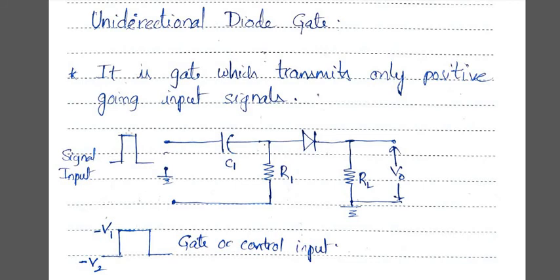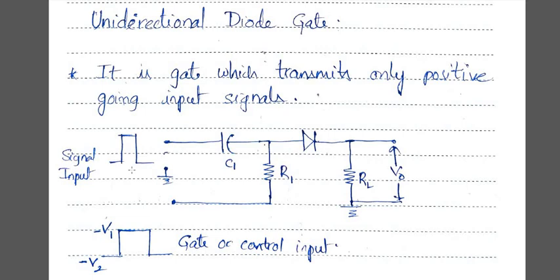So this one is also high and this one is also high. So they will have a coincidence in that particular input signal, and that may be transmitted as the output. Now your output will be V0 equals V in. Can I give it like that? Because your output will be exactly the same as your input signal. So the gate is not suitable for transmitting a portion of your continuous waveform.